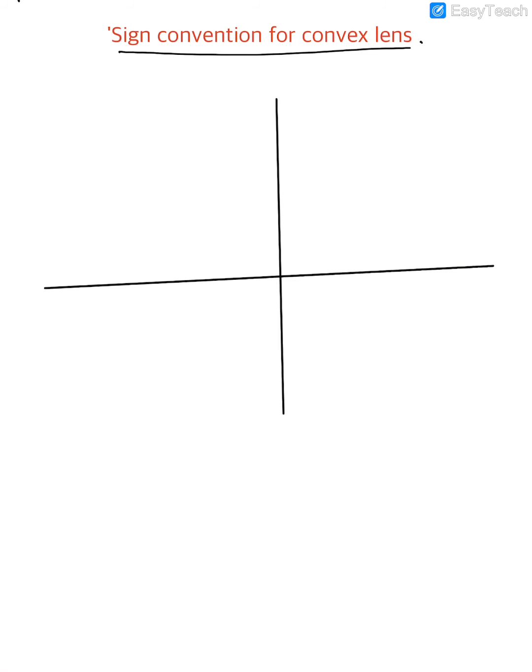So in a convex lens out here, basically you need to remember the logic that you apply in the graph, the same logic we need to apply here also. Like say for example, in a graph we have learned, say this is your x-axis and then this is your y-axis, and the point in between is called as what? Origin.